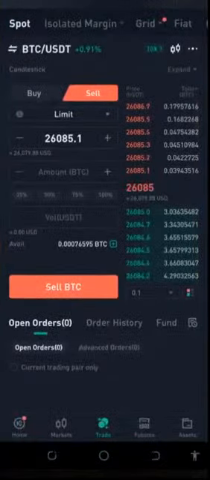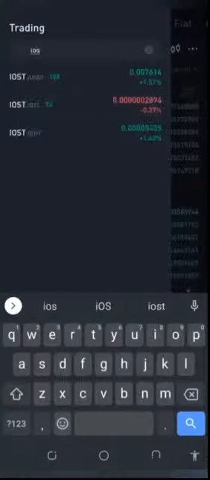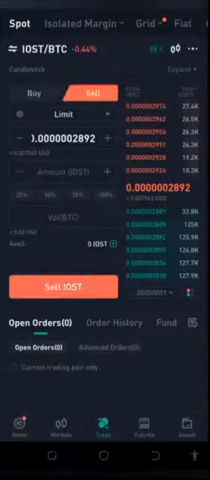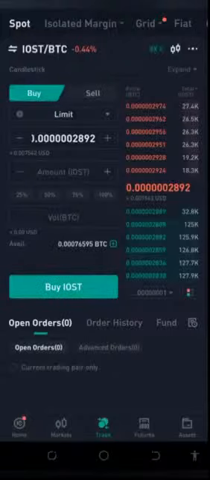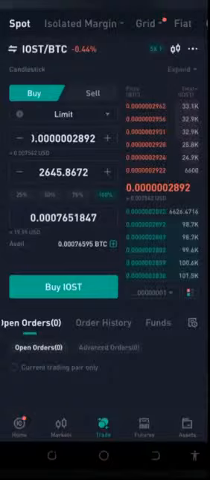And the next thing we need to do is to quickly rush down to IOST BTC. Okay, IOST BTC, where art thou? Okay, this is it. Let's go ahead and see. We want to buy this. So let's see how much we can get. We've got 2645. Remember, that's exactly what we got the other time. So I'm going to start off by just checking this out, right? I know I'm going to be in the queue if I click on buy, but I just want to see